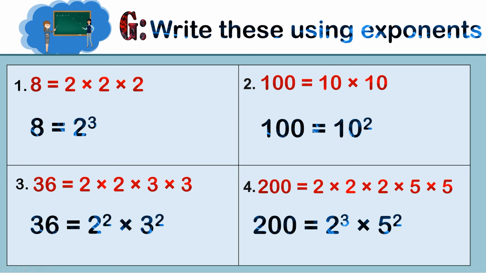Number 3. 36 is equal to 2 times 2 times 3 times 3. 36 is equal to 2 raised to the power 2 times 3 raised to the power 2. Number 4. 200 is equal to 2 times 2 times 2 times 5 times 5. 200 is equal to 2 to the power 3 times 5 to the power 2. Alright,